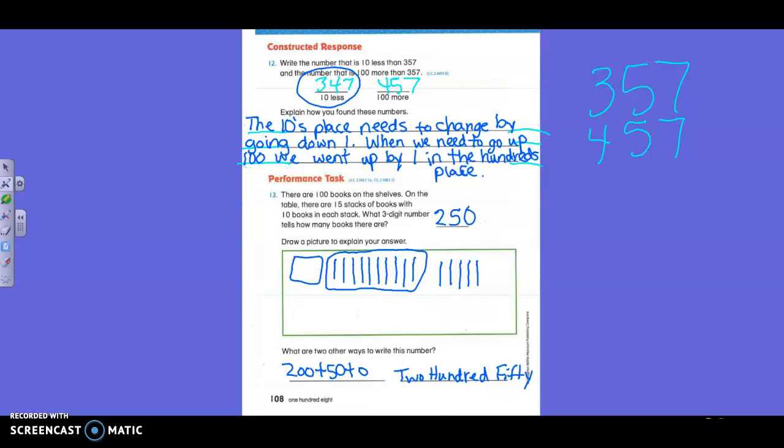You guys should all get 100% on this page because you should be writing exactly what's up here. You will need to know this for tomorrow, though. You're probably going to have to write some different ways to write numbers. Okay? And you're probably going to need to draw pictures for